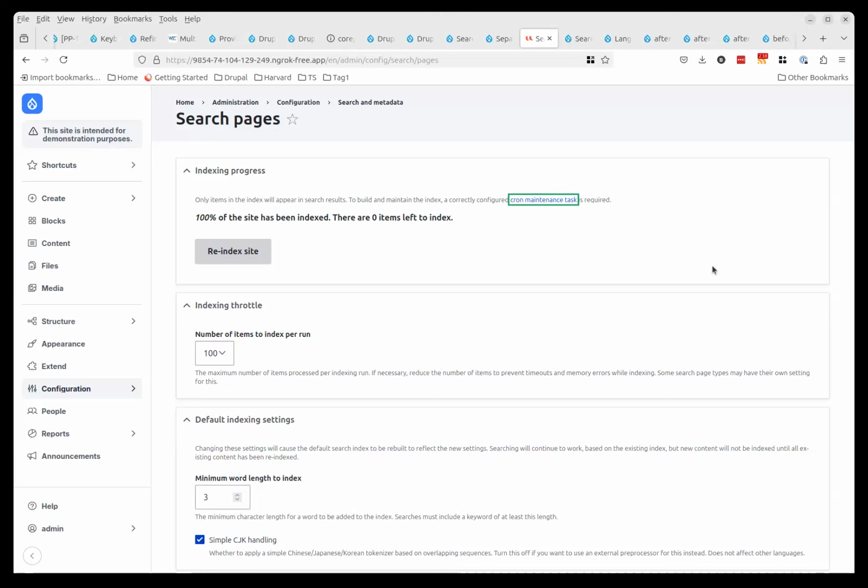Because if someone put that down to 10 because they blew their site up once, then that means cron has to run for 100 items 10 times. If they have 1,000 items, then it has to run 100 times. And if you're running cron once an hour, that's 100 hours. So this is a really complex thing that can be highly confusing, and by default, the way it's set up,